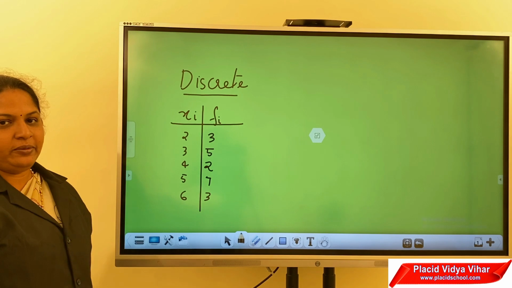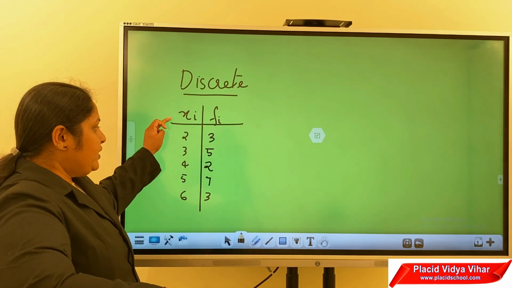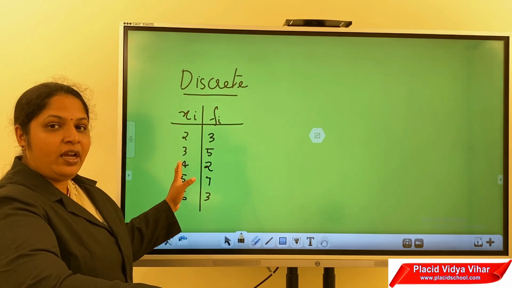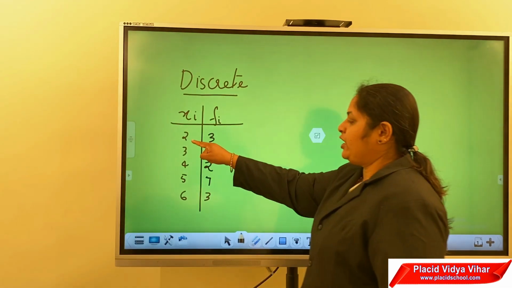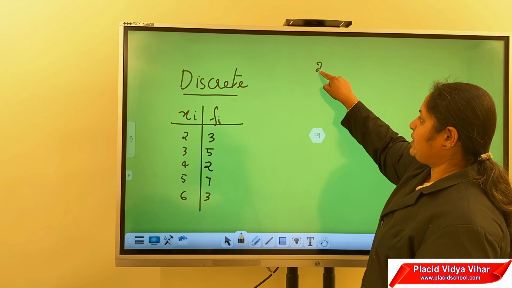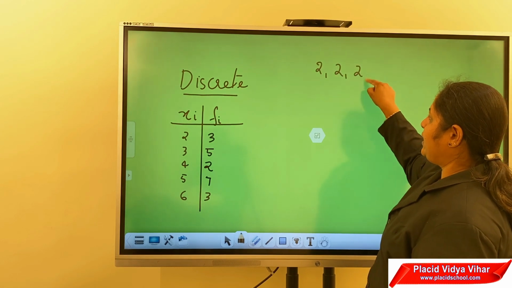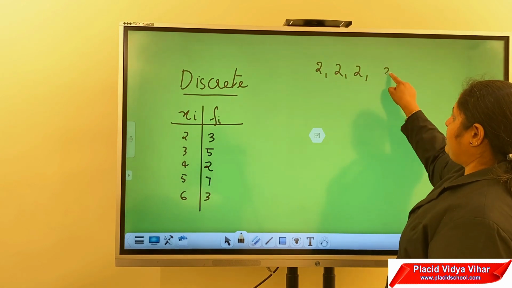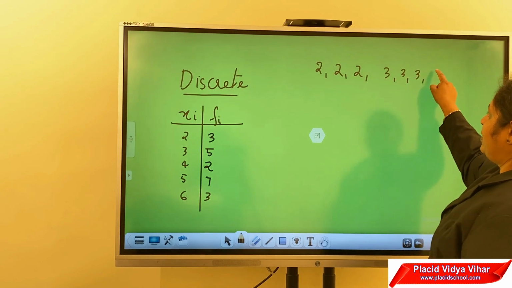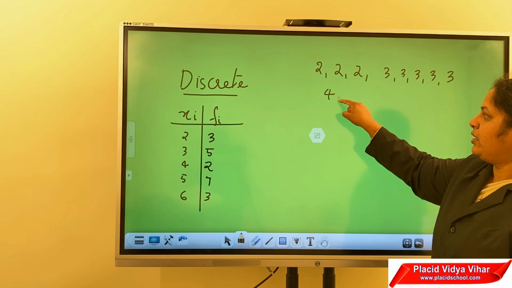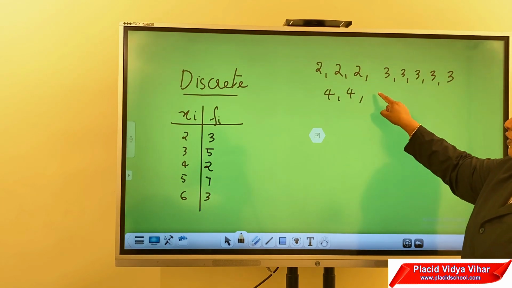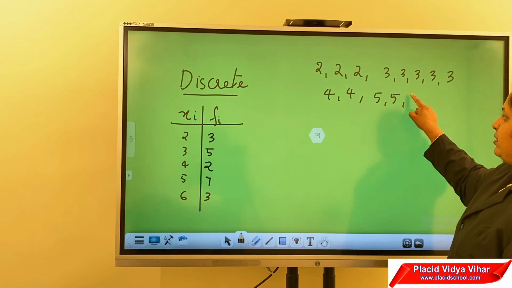What does this mean? If we write this set of data in ungrouped form, 2 will be there 3 times, then 3 occurs 5 times, then 4 occurs 2 times, 5 occurs 7 times,